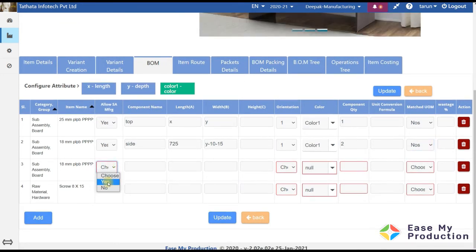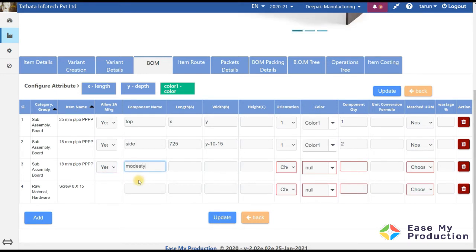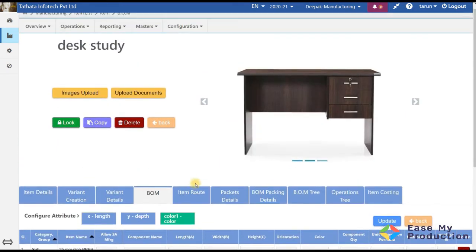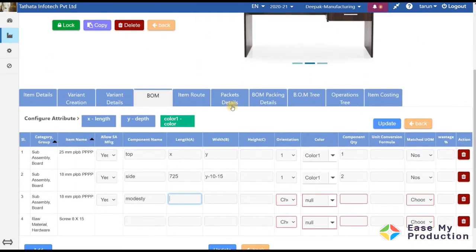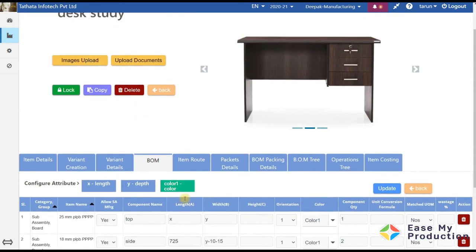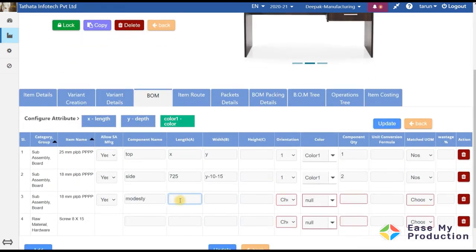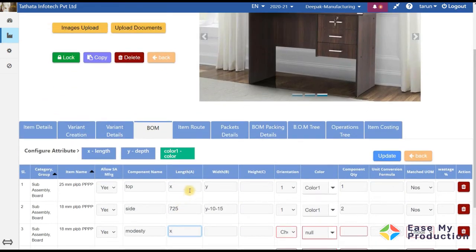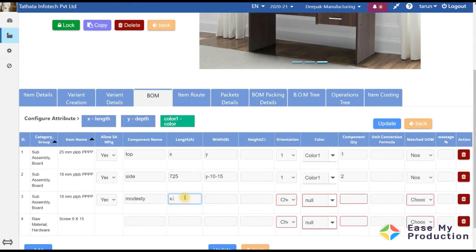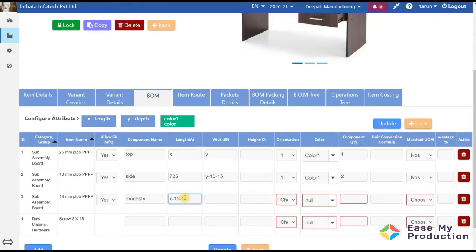Now again we are manufacturing this sub-assembly and we are calling it modesty. Let us say this top has a protrusion of 10 mm on both sides, and x is the length of the top. Then there is a 15 mm protrusion on both sides.